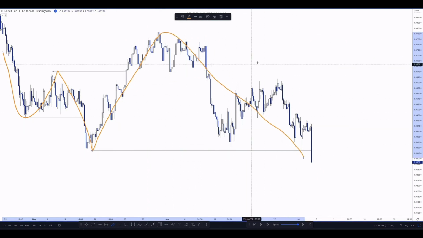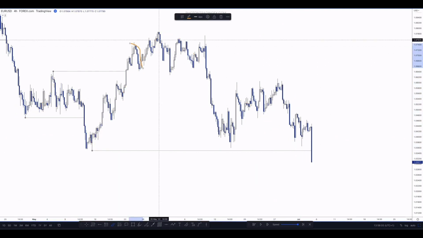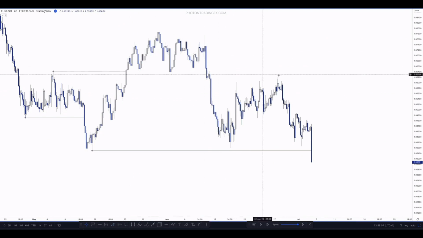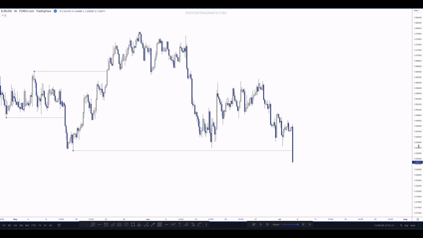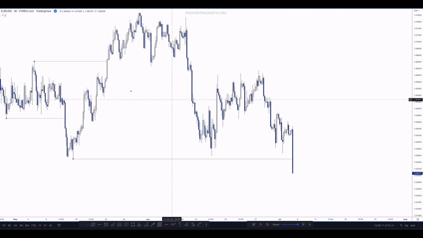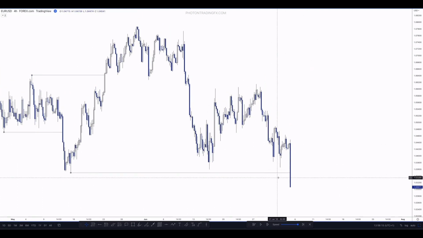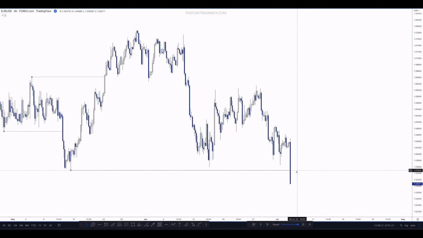Okay, now there's some slightly different ways you could have got to this point, because you could have viewed that as a swing pullback and whatnot, but I'm going to talk about that in a future lesson. But for now, let's ignore that and just trust me that this is the swing break of structure. And if that is the case, if this is the swing low that we've taken out from here and we've had a break and close below, what's the first thing we need to do once we get that candle closing and finishing? We need to know where is our new swing high,